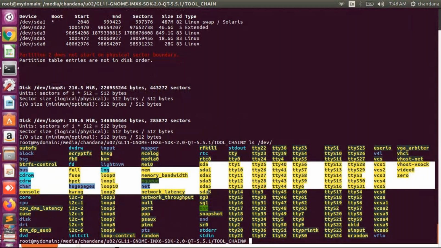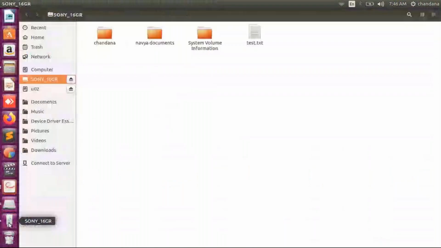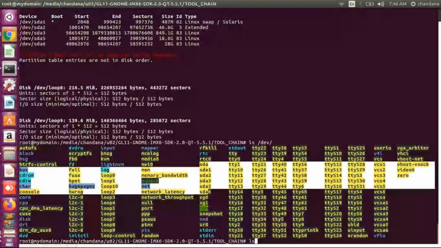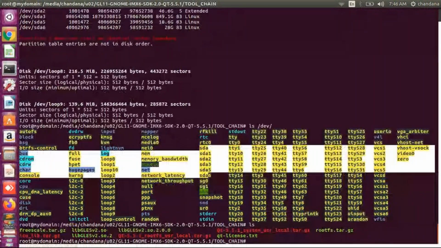Yeah, I have inserted it now. It should be auto mounted and it should be shown here. So it is now showing here, and it is showing some files. Now if I go and check in the /dev directory again,